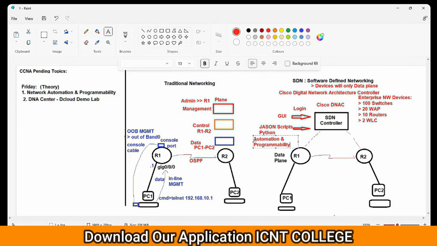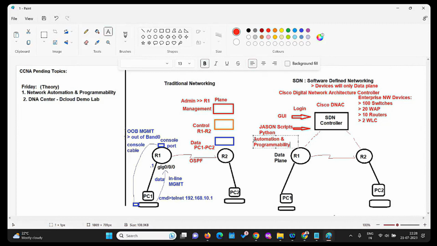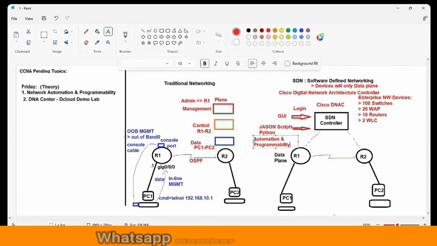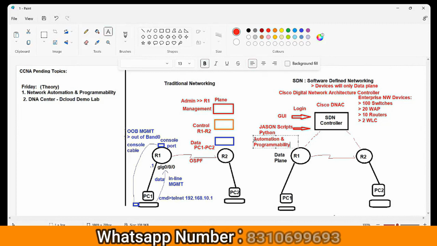Understand? For example, you want to see daily what the utilization of the devices is. You can program the controller like this: every day morning, compile the full day's CPU and memory utilization, prepare a report and send it to me. Then it generates a report and gives it to you. And even if anything goes wrong, it will go to the device and tell you exactly why this is wrong